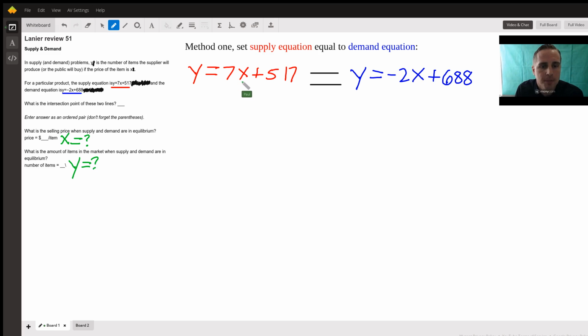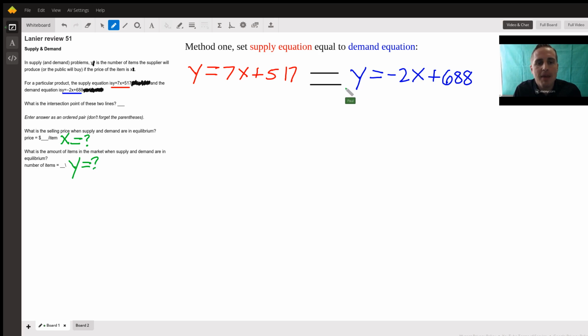manufacturing or so on. Now notice the demand equation is a negatively sloped line. M is negative 2. That is to say, as X increases, Y decreases. So the demand will be less if the price is higher. And that makes sense because if you charge more, X is larger, for the Y, less people will want the